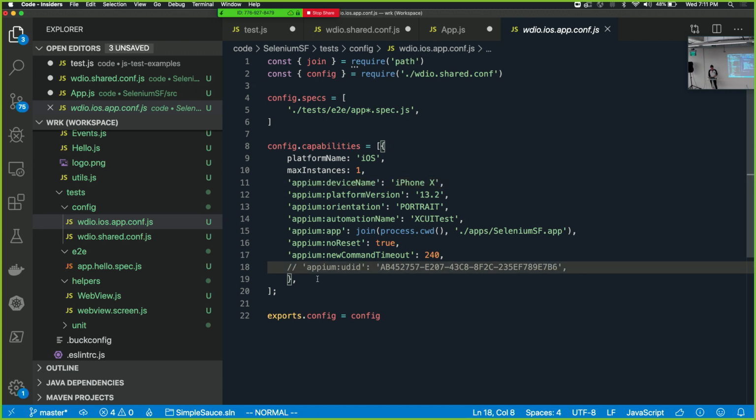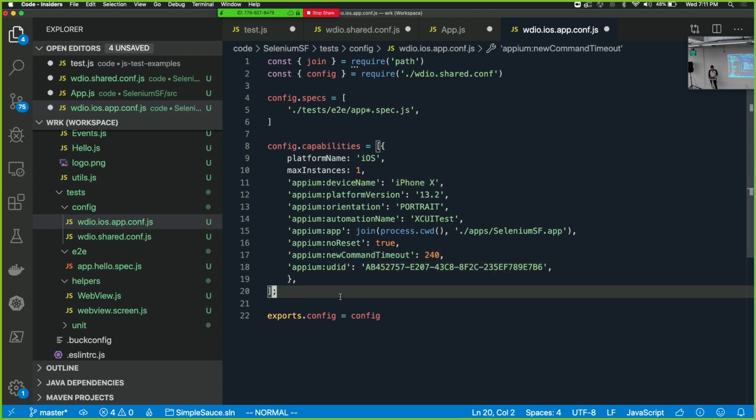Down here, which I have commented out for right now, you're able to specify a unique device identifier that will allow Appium to reuse a device that exists on your machine. If you don't do that, it will, by default, create a new instance of either the iOS simulator or an Android emulator. So if you are writing tests and running into that, there's a way to find a device and